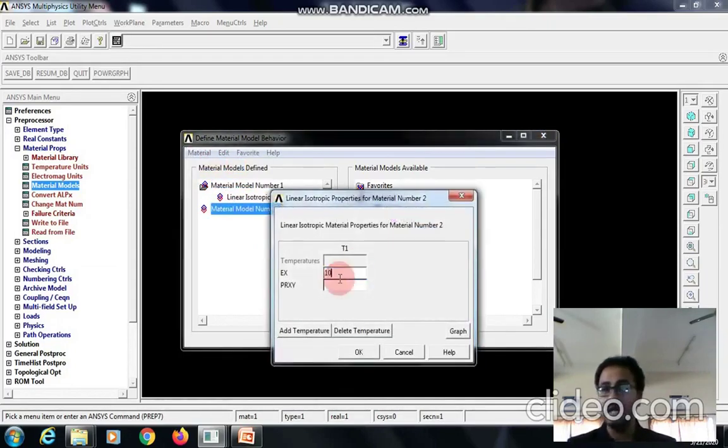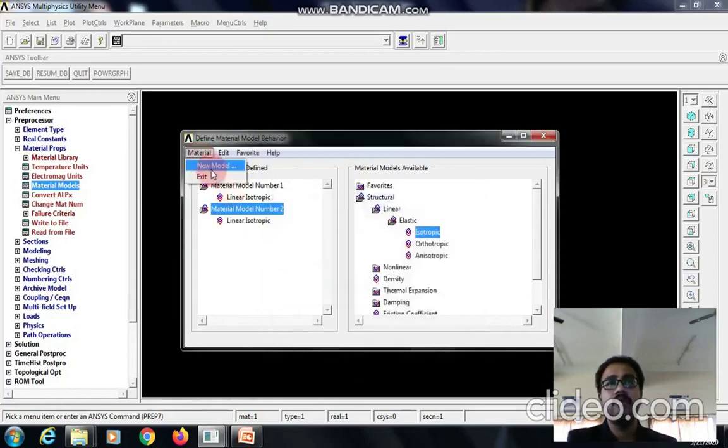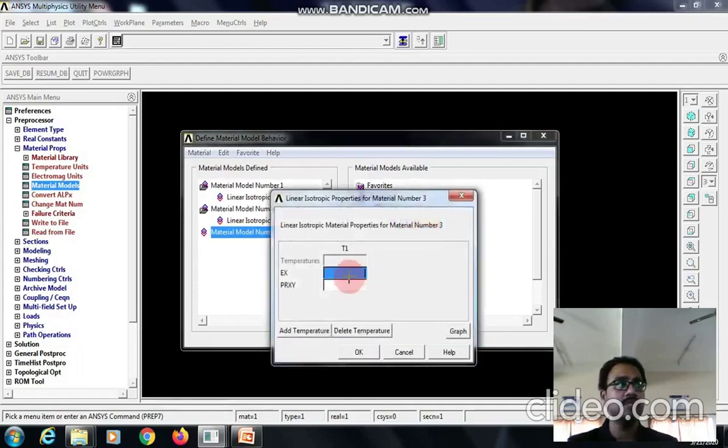The Young's modulus is 105 e power 3 and the Poisson's ratio is 0.24. For the third material, the Young's modulus is 200 e power 3 and the Poisson's ratio is 0.3. Give OK.